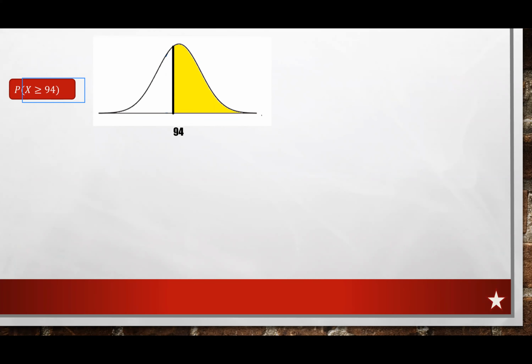More than, greater than, bigger, above, those words tell you to find the area to the right of 94. Before we can do this, unlike the previous one where we put in normalcdf 94, comma, 10 million, comma, the mean, comma, the standard deviation, because we are estimating, we have to adjust the endpoint, which is